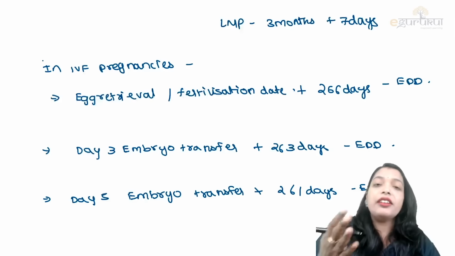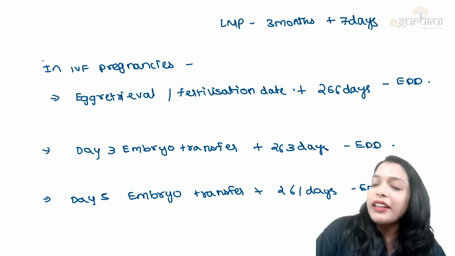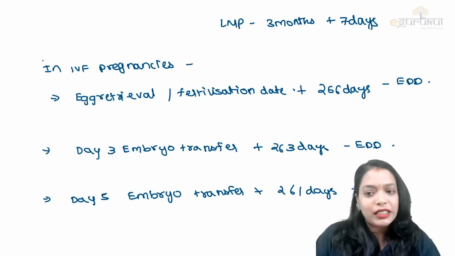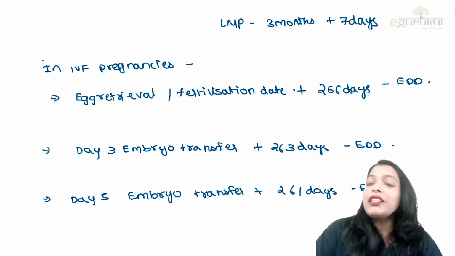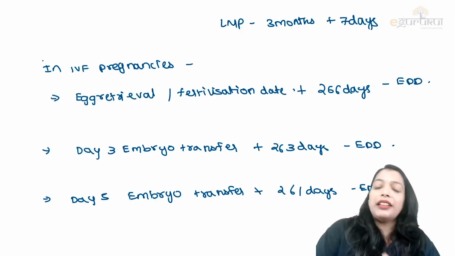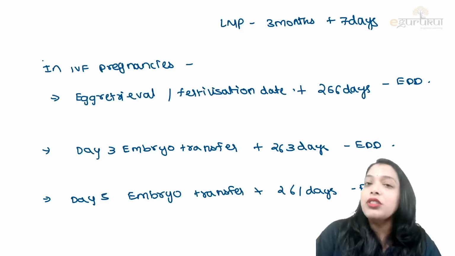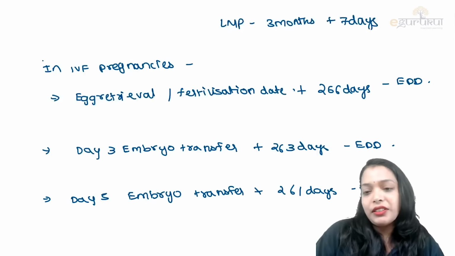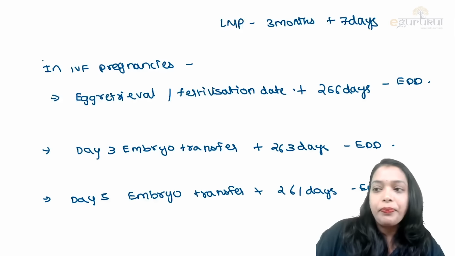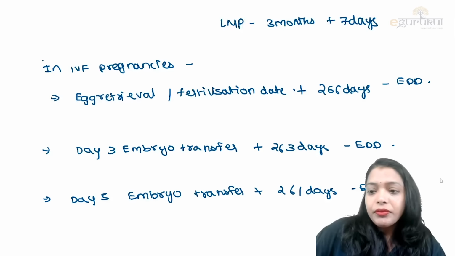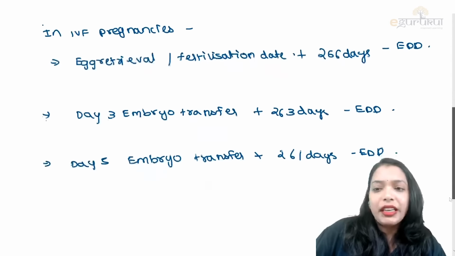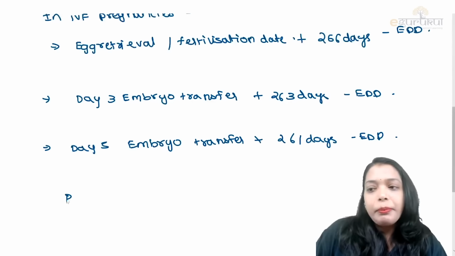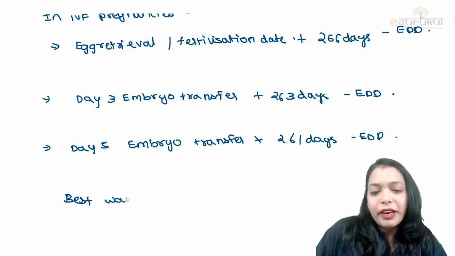So if it is a fresh cycle, you add 266 days to the egg retrieval or fertilization date. If it is an embryo transfer cycle, day 3 embryo transfer means you add only 263 days. If it is day 5 embryo transfer, you add 261 days to get the expected date of delivery. Next, one more point mentioned in Williams is that the best way to estimate the expected date of delivery